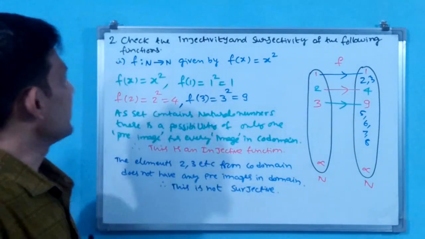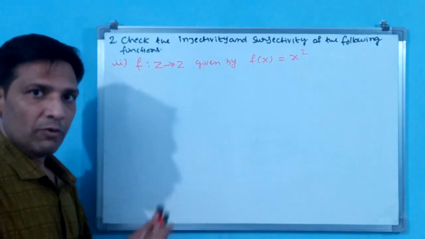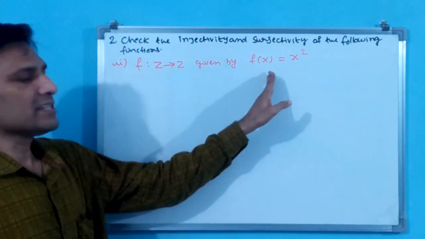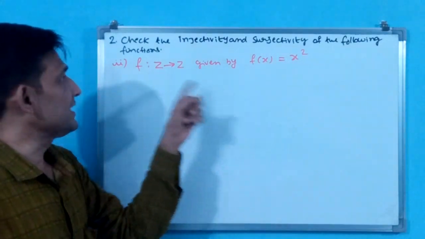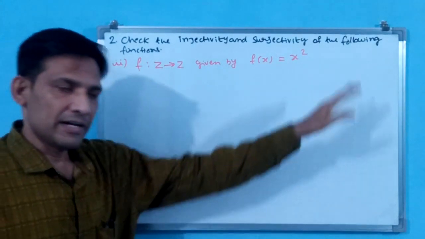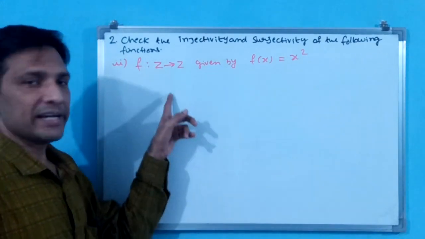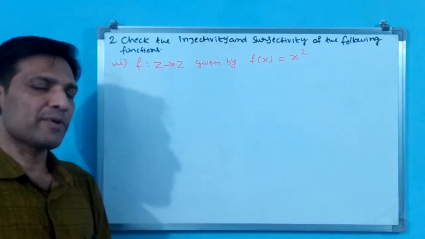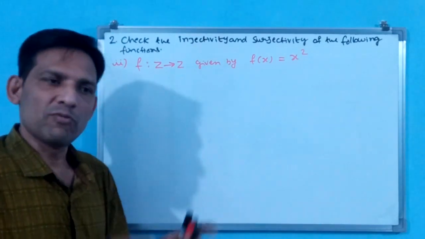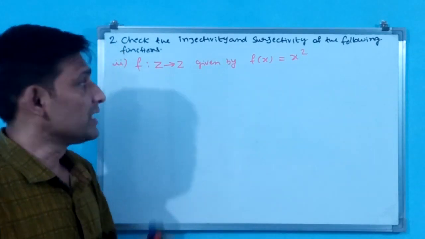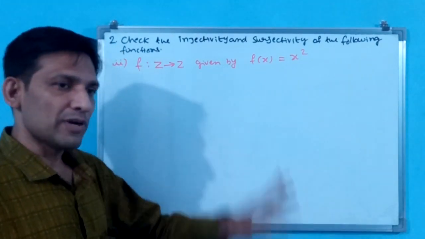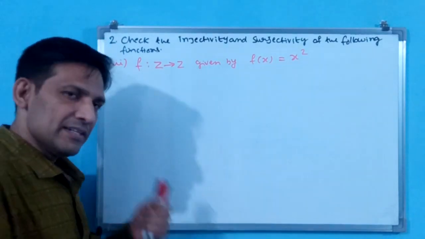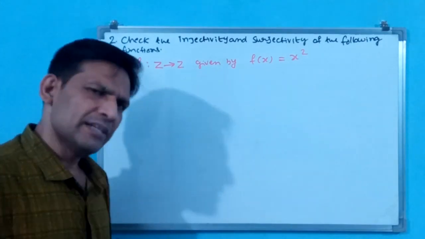Okay. Now let us go for the second part. See, the second part of the second question. The function is the same, f(x) is equal to x square. The function is the same, but here the sets in the arrow diagram have been changed. Earlier those were natural numbers, now they have given integers. Why? Because he is making us build up the concept slowly. First natural numbers they have given, only positive numbers will be there and 0 will not be there. Now integers they have given, that means negative numbers, positive numbers, and 0 will be there, but all are integers only, no rational numbers. Then real numbers will come in the third part. Okay, like that we have to see.